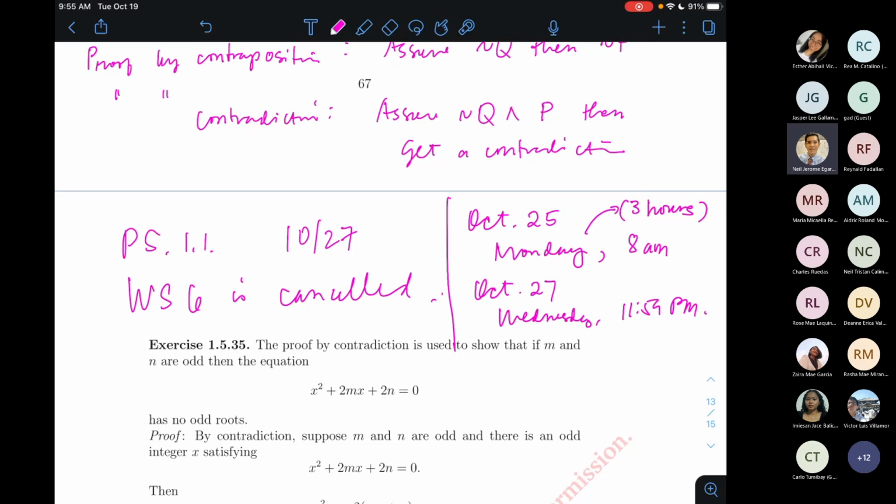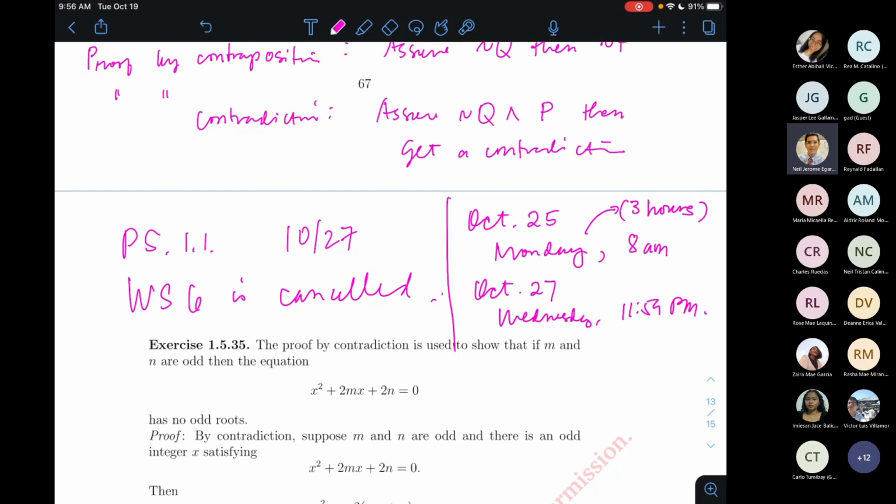I'll try to make the problem set good for 5 hours. Okay? Para yung 3 hours nyo ng Monday ay yun na yun, 3 hours ng Monday. Tapos isang hours sa Tuesday, tapos isang hours sa Wednesday. So, yeah. Probably good for 5 hours